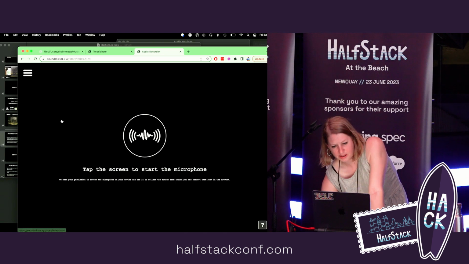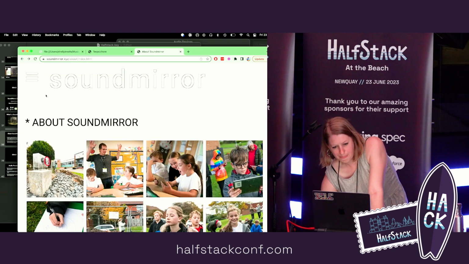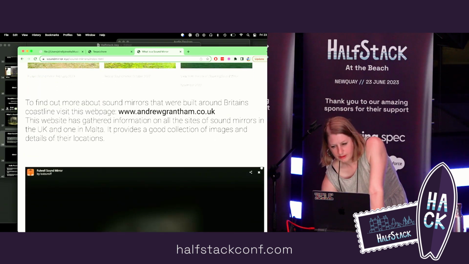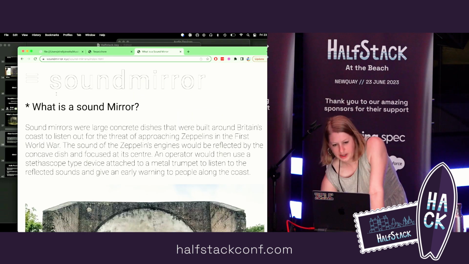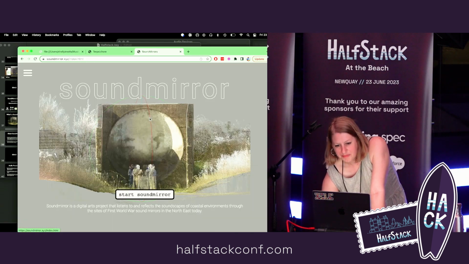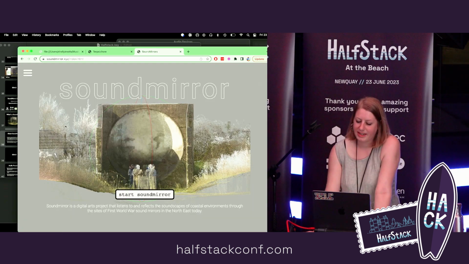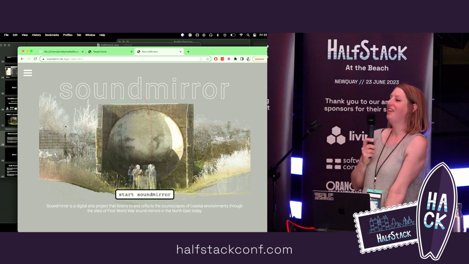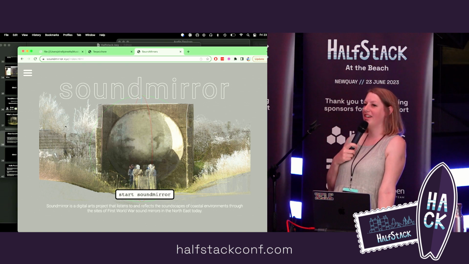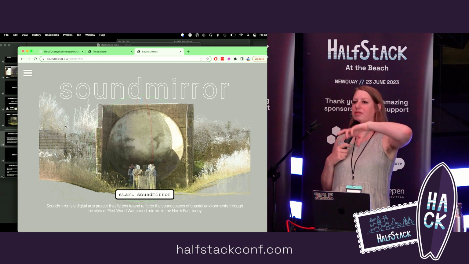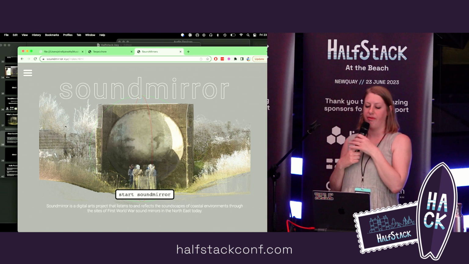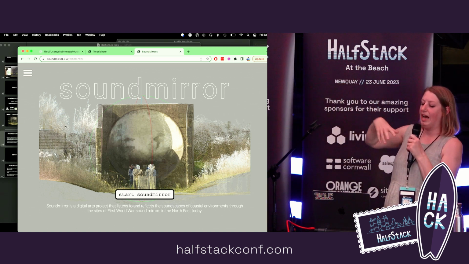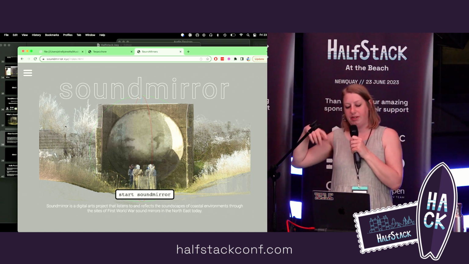Some graphs that might be helpful. Okay, I don't know where they are, but somewhere on this website there are some live sound level monitors that are out in the environment, in the location of some of these sound mirrors, constantly recording how loud the environmental sound is there.